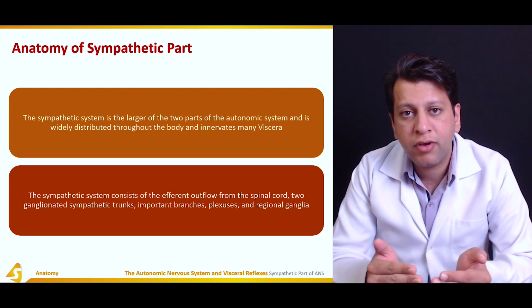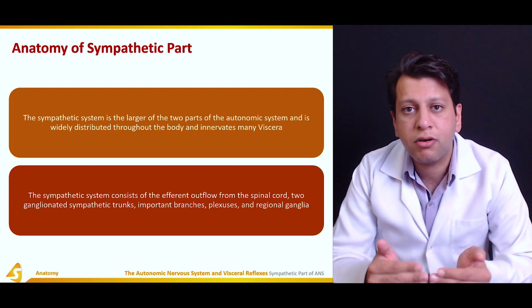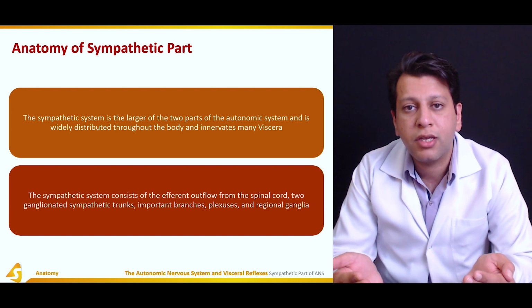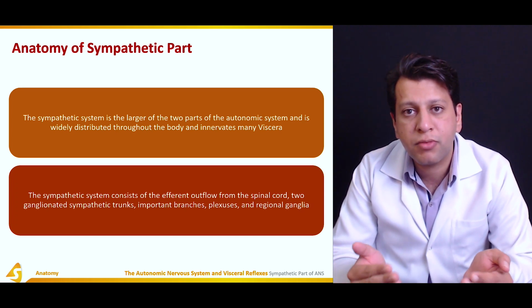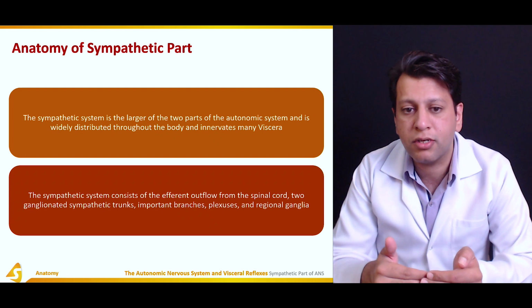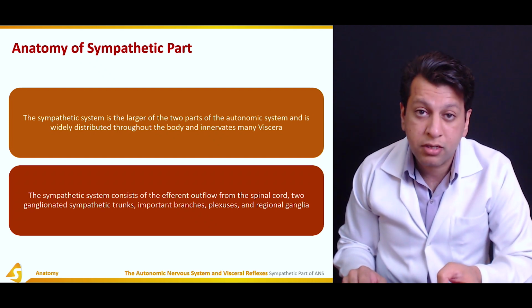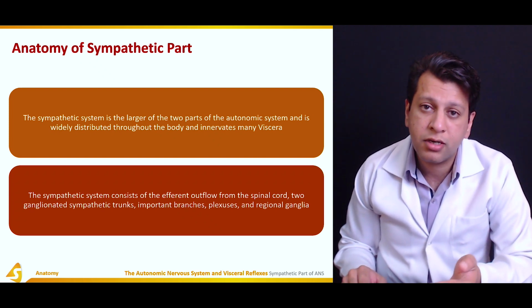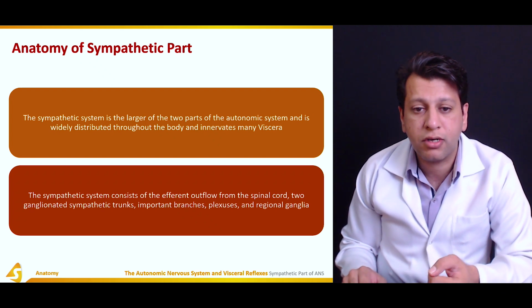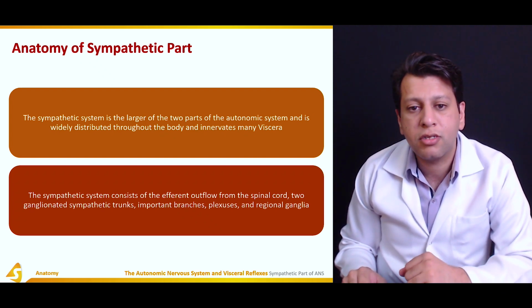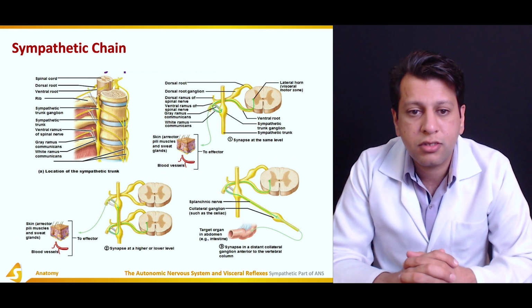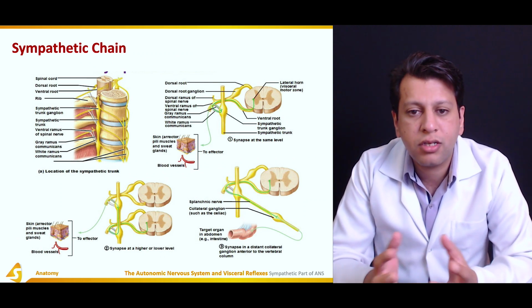The sympathetic fibers which have arisen from the spinal cord go into these ganglia, and from there onward the postganglionic fibers will arise. Not in case of the parasympathetic. In the case of parasympathetic, the ganglia are lying at the level of a viscera, where the target organ is. Now this is the diagram which is showing the organization of